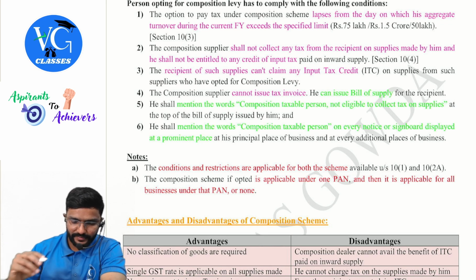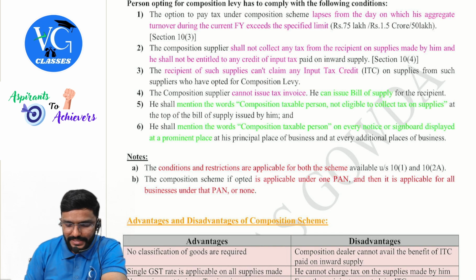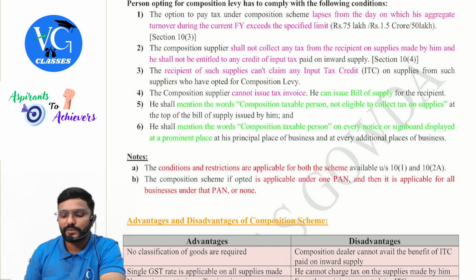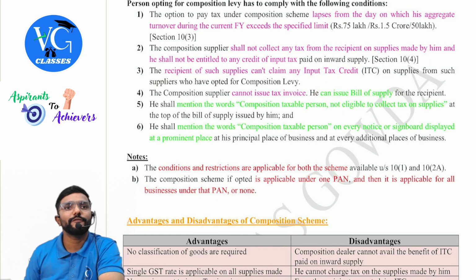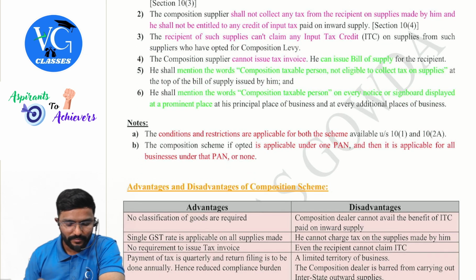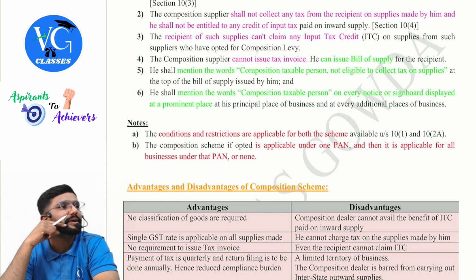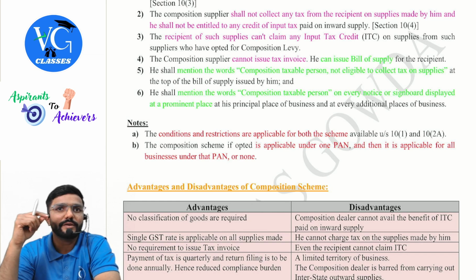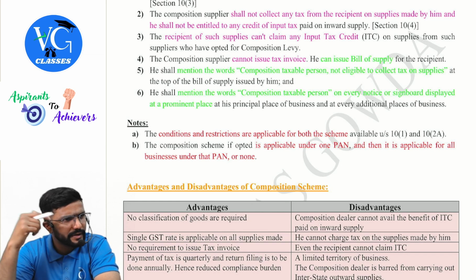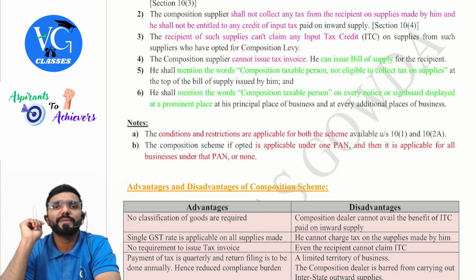Next, he cannot issue a tax invoice to the recipients. What he can issue is a bill of supply. Then he shall mention the words "composition taxable person, not eligible to collect tax on supplies" at the top of the bill of supply issued by him. So whichever bill of supply or document he is issuing, on the top he has to mention composition supplier not eligible